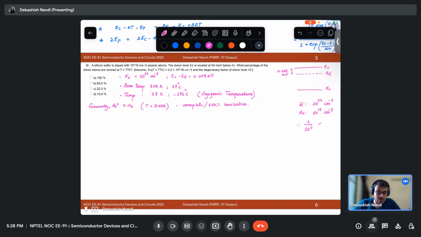But at low temperature, what happens? For ionization, how much energy is required? This energy is required, E ion. The electron should move from this place to the conduction band. But even at low temperature, what is the thermal energy available? kT, right? If your T is lesser, then your kT will also be lesser. Then all the dopant atoms may not get ionized. So you will get a lesser number of free electrons in your conduction band. So a calculation of this kind, which I am going to show, is very important.